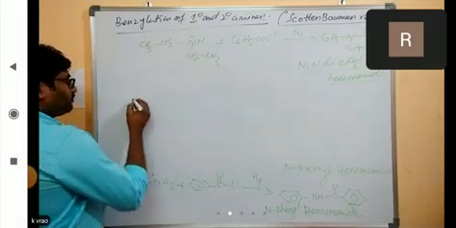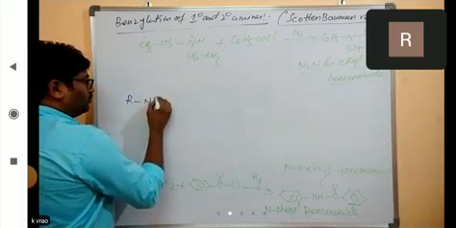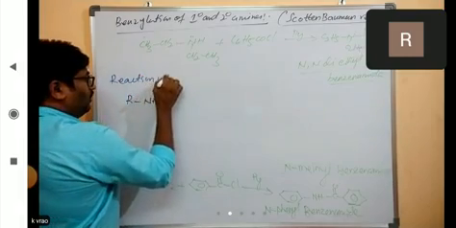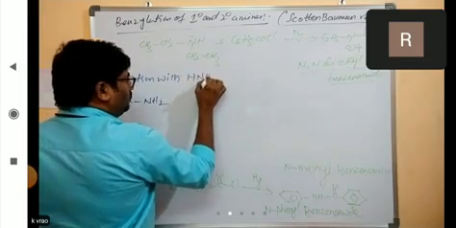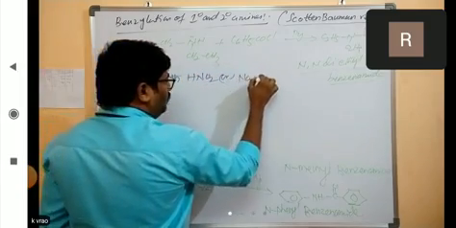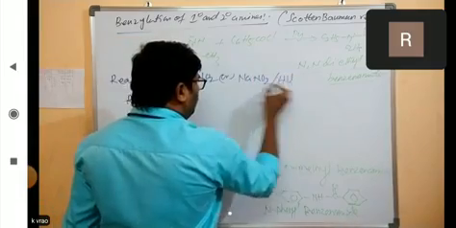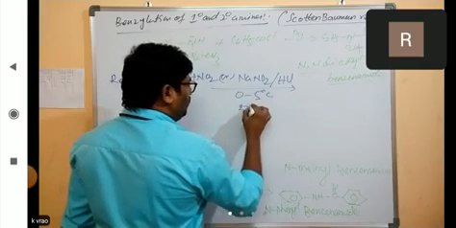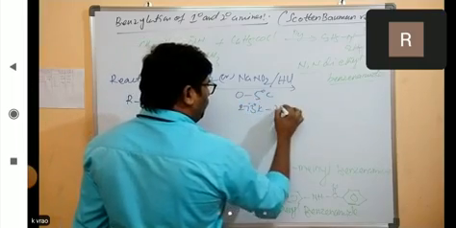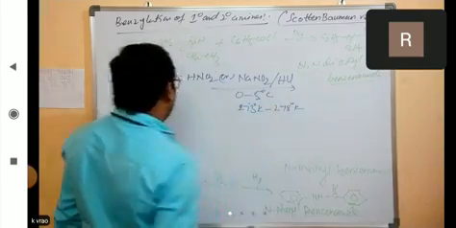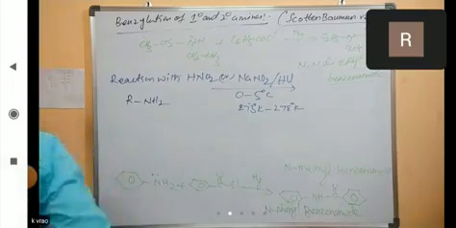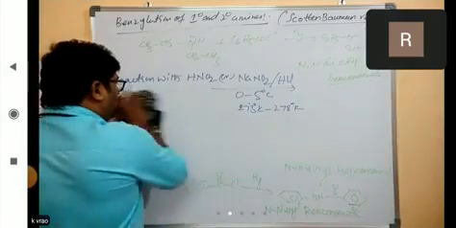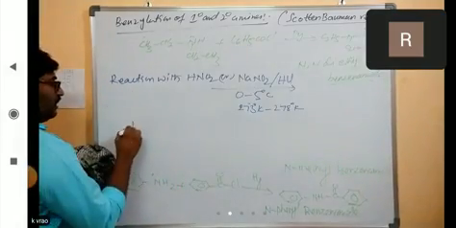So RNH2 reacts with HNO2 or NaNO2 and HCl at 0 to 5 degrees centigrade, that is 273 K to 278 K. If R is equal to benzene, you will get benzene diazonium chloride. So the general equation, RN